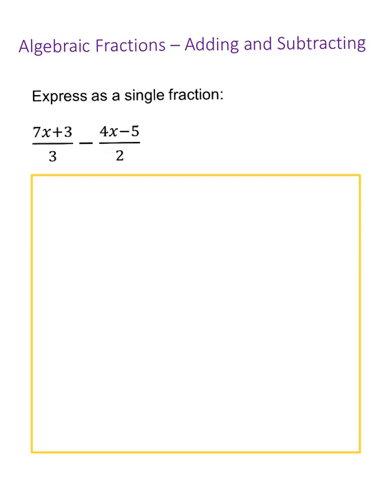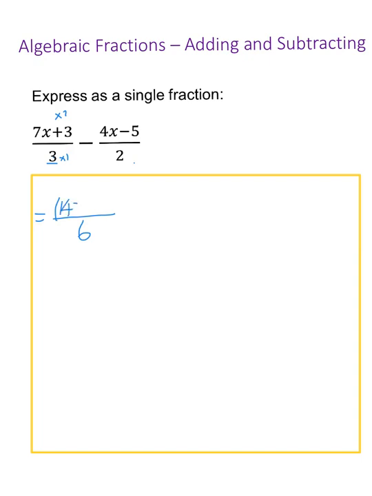So we'll move on to adding and subtracting algebraic fractions. So we add or subtract fractions in the same way as numerical fractions. We need a lowest common denominator. So I can see here the lowest common denominator would need to be 6. So I've multiplied the denominator by 2, so I need to do the same to the numerator. So that would give me, I'm going to put it in brackets as well,